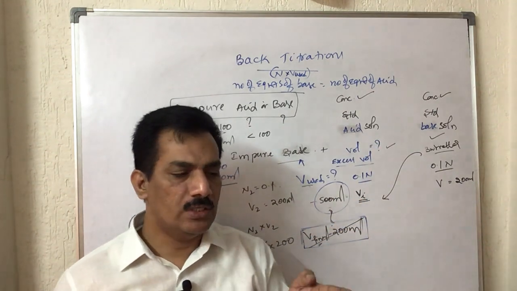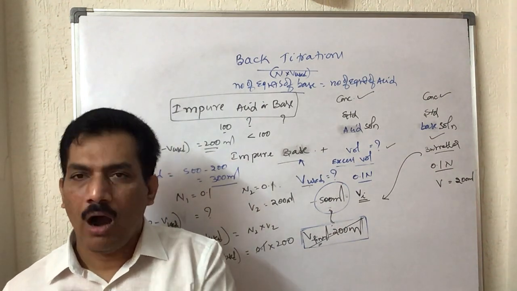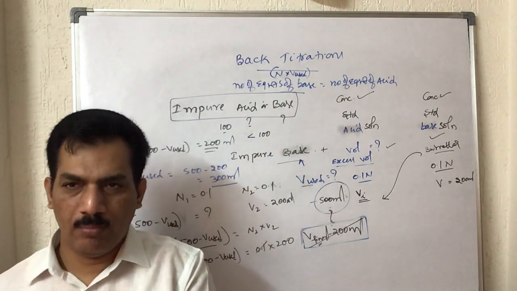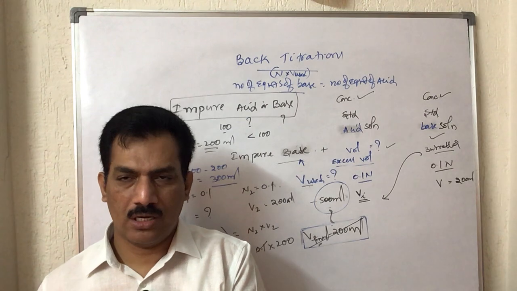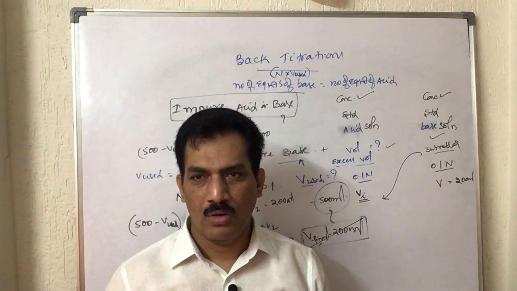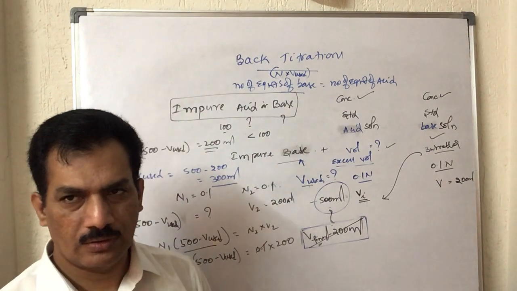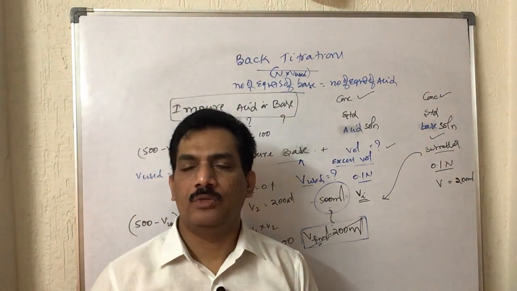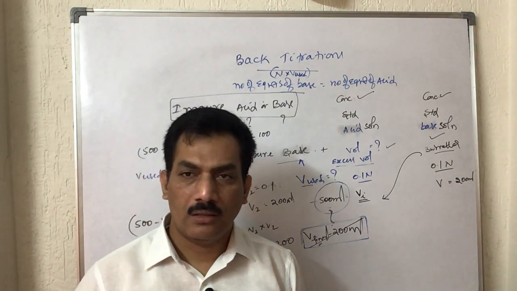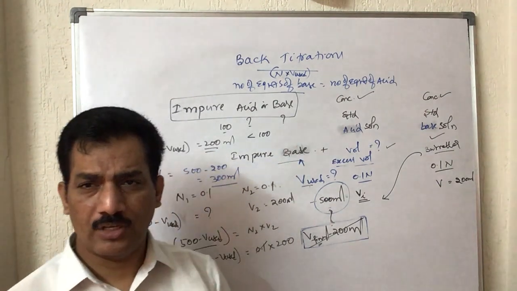So once acid is neutralized by base and the excess base is neutralized by acid, or base is neutralized by acid and excess acid is neutralized by base, like that back titrations are taking place. And just remember, here only the first compound is unknown and the remaining two solutions we are using are known concentrated solutions. So after finding the final volume, the remaining volume of the excess solution, we can simply get the volume of that solution used for the neutralization of the given compound.